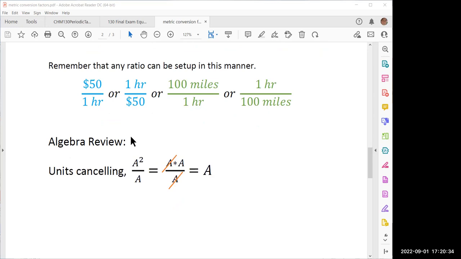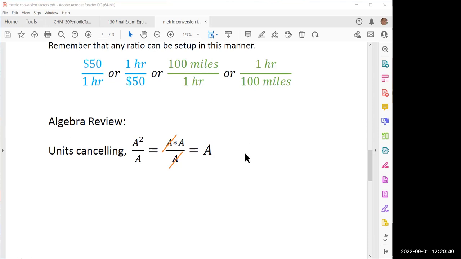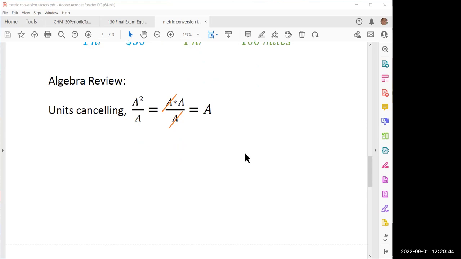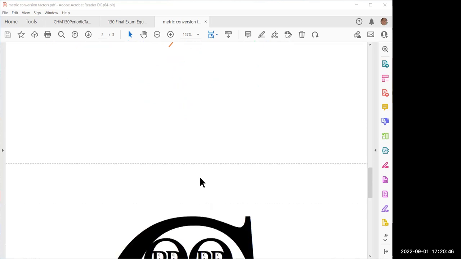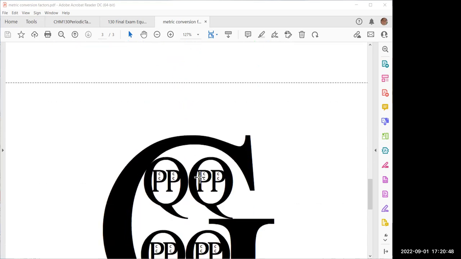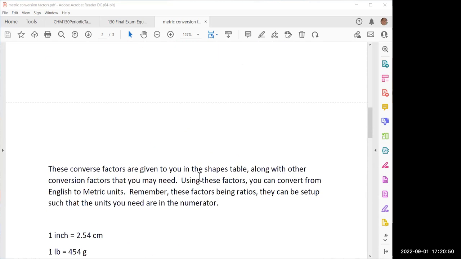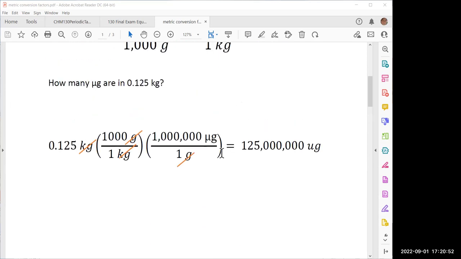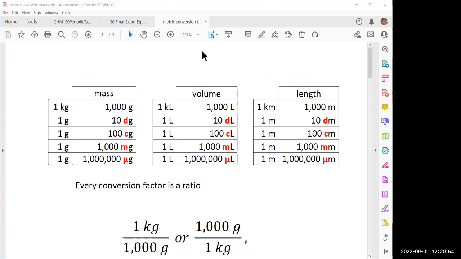Quick review on your algebra. Remember, keeping track of units cancel out. That's just a quick review there. This file is on the website. If not, I'll definitely make sure I verify that it's up there. Then, of course, I got that image we had used before. Okay. Now, with that information, what I want to do very quickly, because we got 10 minutes left, is I want to demonstrate how,